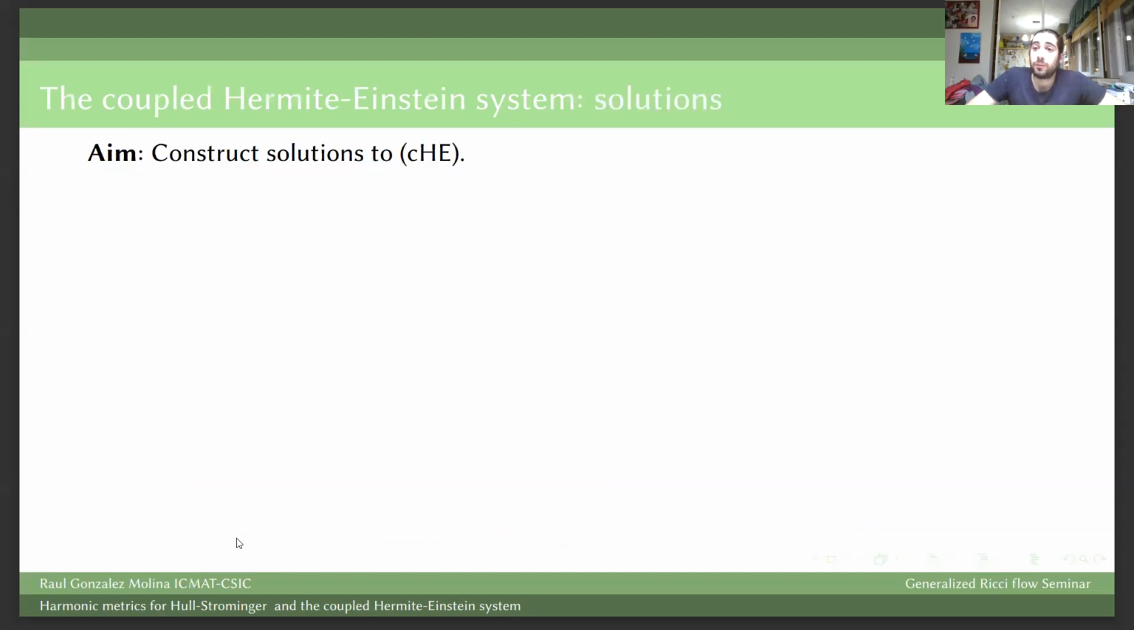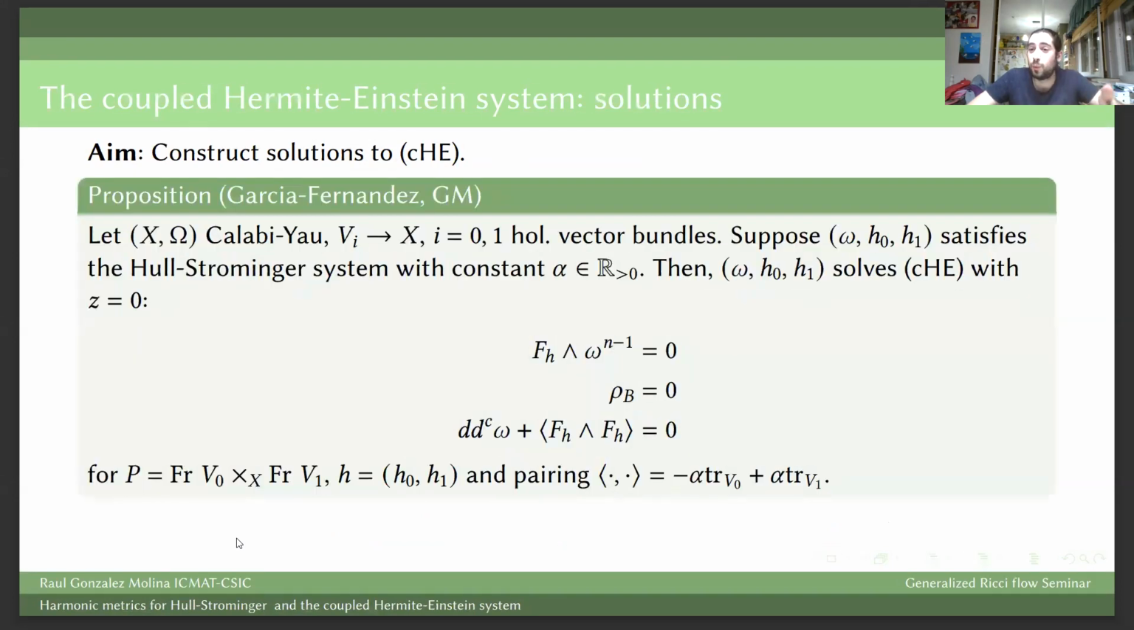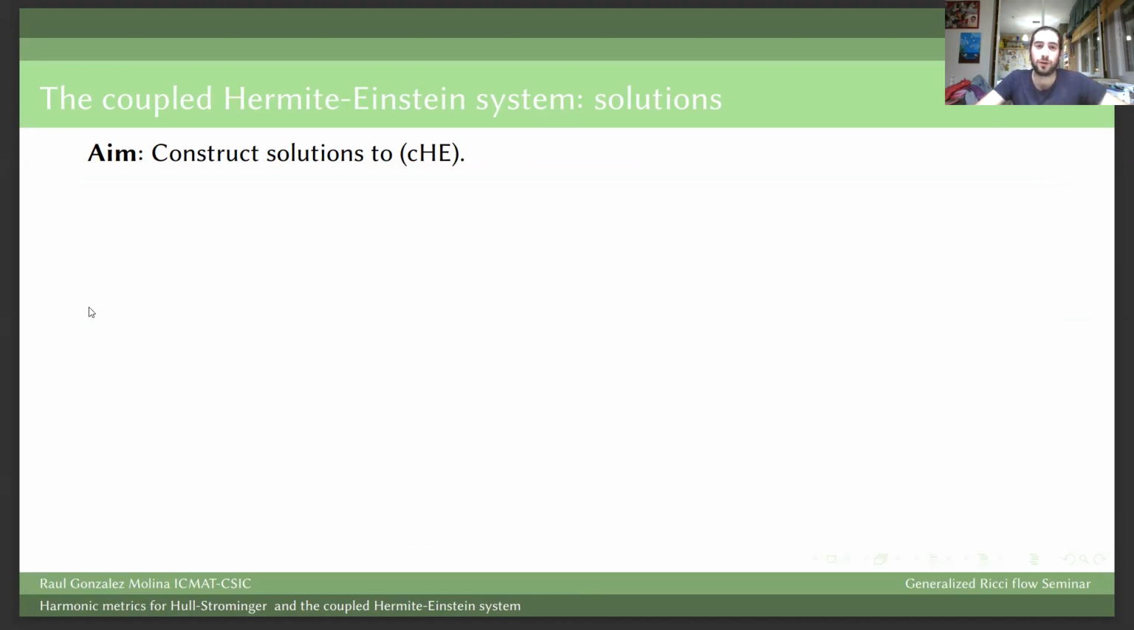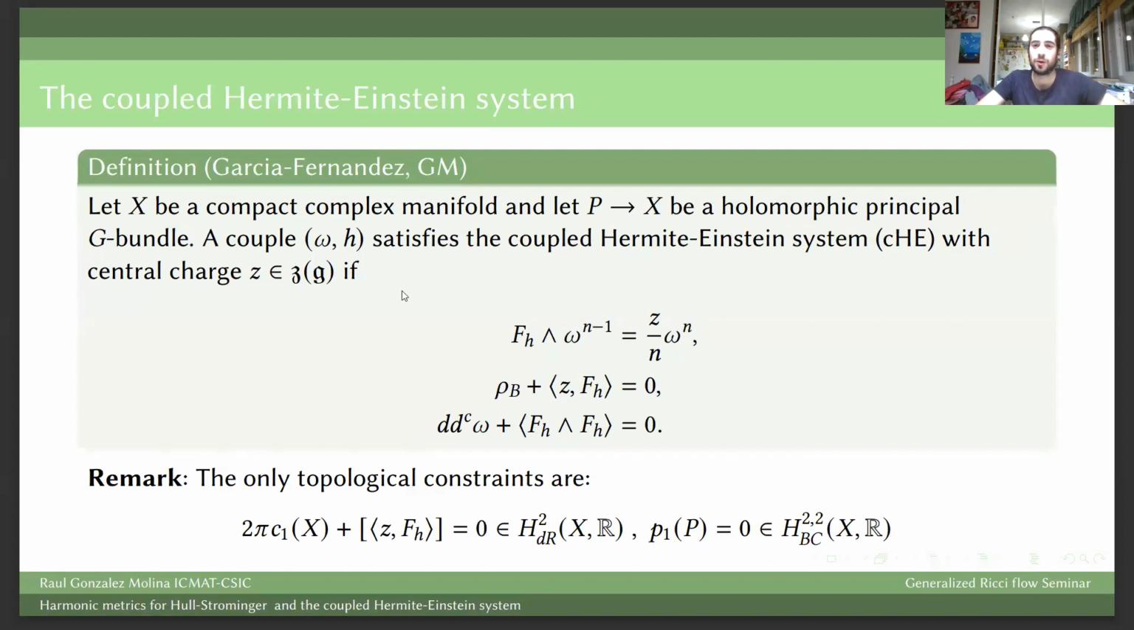Okay, so now my aim is to construct some solutions of the coupled Hermite-Einstein system. So what are the obvious solutions we have at hand? Well, we have the solutions to the Hull-Strominger system, which is a stronger system. This is the content of this result. So speaking in simple words, if I have a solution of the Hull-Strominger system, then for this central charge, let me return a moment, this coupled Hermite-Einstein